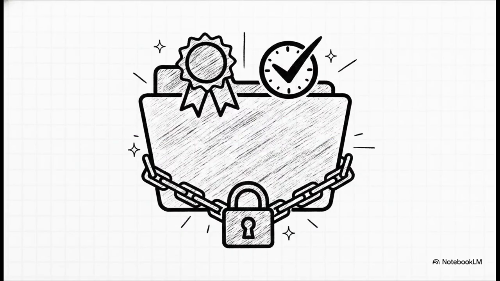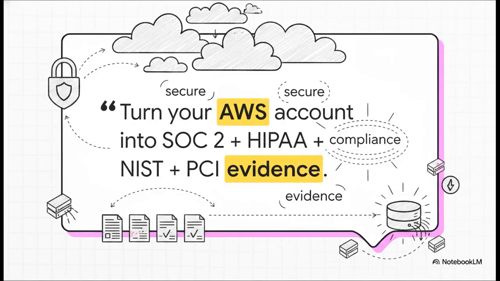And the output? It's not just some basic text file. It is cryptographically proven institutional-grade evidence. Auditors absolutely love this. You get a cover page scope attestation, RFC 3161 trusted timestamps, and SHA-256 chain of custody sidecars. Basically, it proves mathematically that the evidence existed in its exact form the moment the scan ran, so tampering is completely impossible. So bringing it all back to where we started, turning your AWS account into SOC 2,